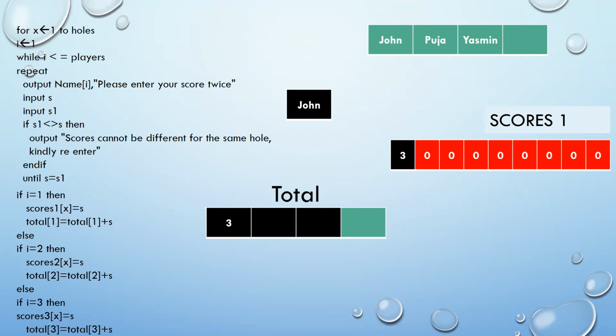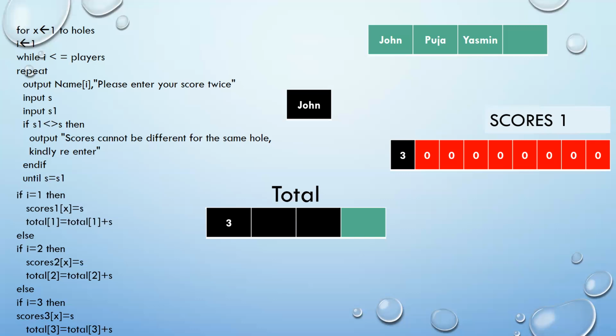Now, why we have done this is because in task 2, they have stated that at any point in time, a player can look out his overall score. Like if suppose after 5 holes, John wants to know what is his total score, then it should be made available to him.